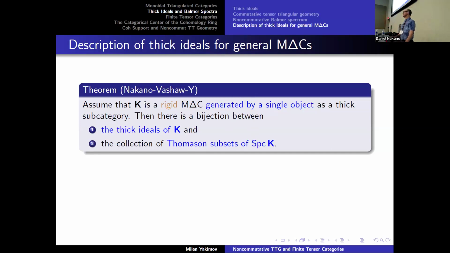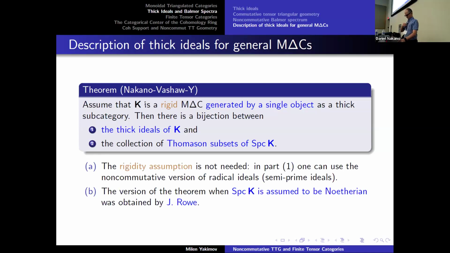Rigid means that every object has left and right duals. That's not an important assumption. If the rigidity is dropped, then the bijection is simply between the thick ideals and the non-commutative versions of prime ideals, which are called semi-prime ideals, and the whole theorem works in that situation. And then finally, if we assume that the spectrum of K is Noetherian, in that situation Thomason subsets would be the same thing as specialization closed subsets. Then in that situation, the theorem was proved also by